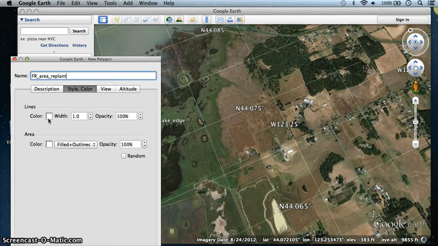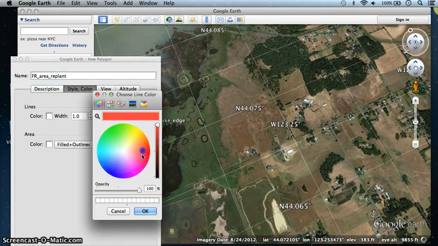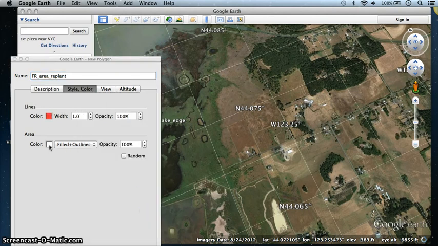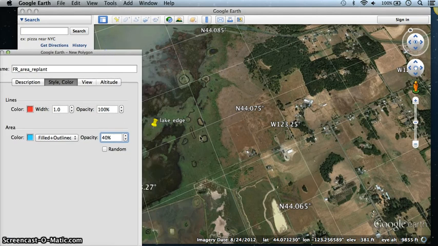I can again change the area color and the fill, and I'm going to change the opacity while I'm drawing. That means it's a little more transparent, to 40%. Okay. So now I can start, I click with my left mouse and I hold my mouse down and